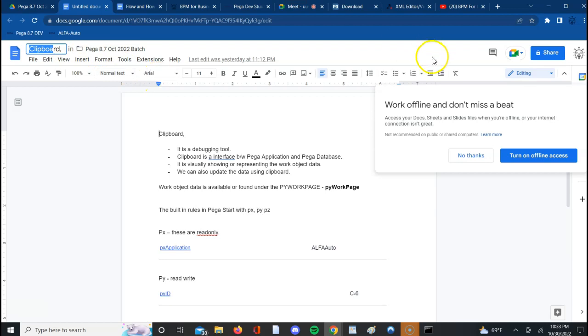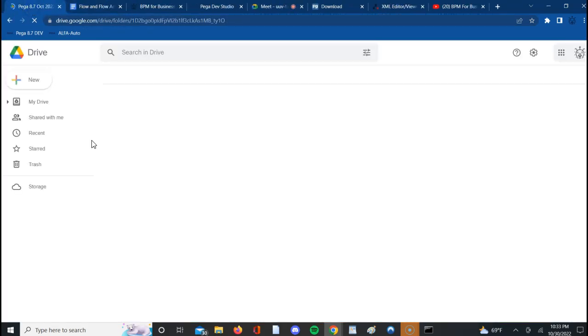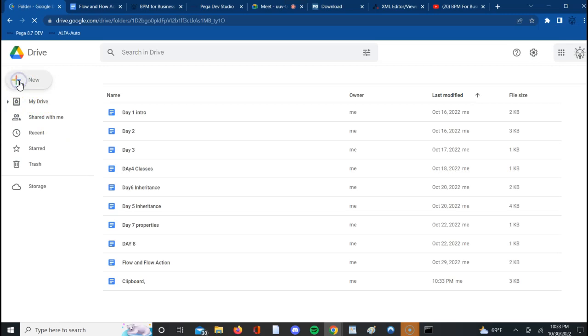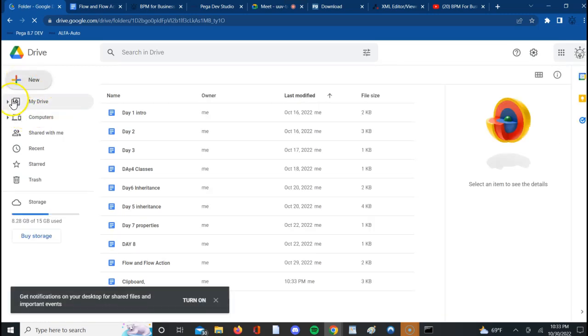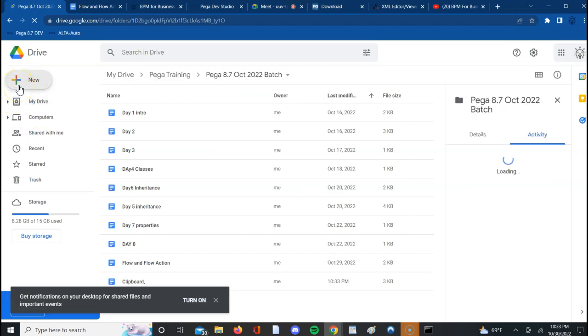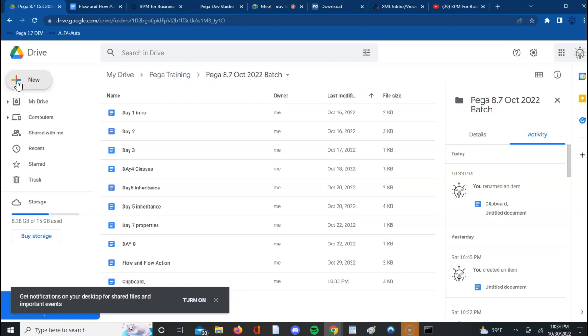what data types in Pega are. What are data types in Pega? Let me close this. Let me create a new sheet for you. So today we'll be seeing what data types in Pega are. Before we go there,